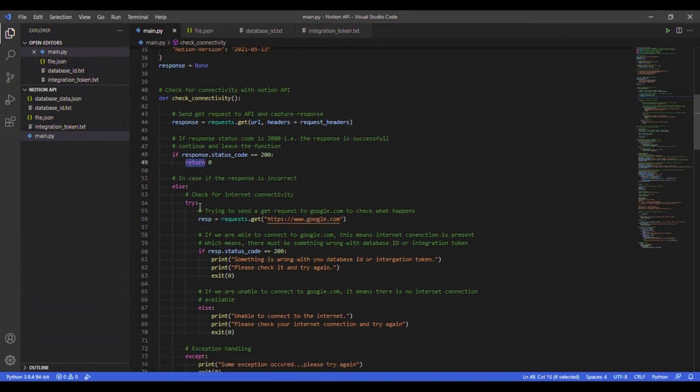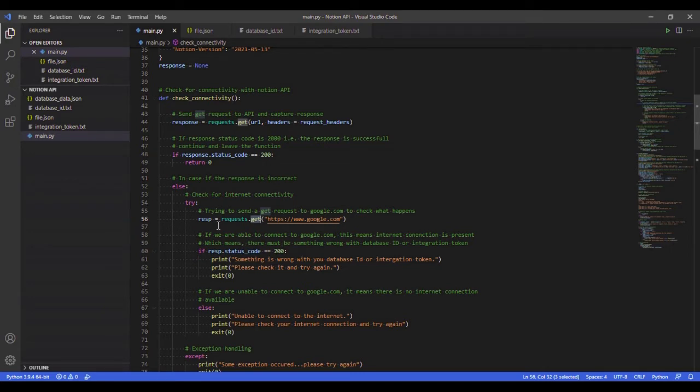But in case it's not, then it will check for internet connectivity. How does it do that? It simply sends a GET request to google.com. Since google.com is up and running 24/7, we can rely on this site: if any computer is able to send a GET request to google.com, this means that the computer is connected to the internet, otherwise it's not.